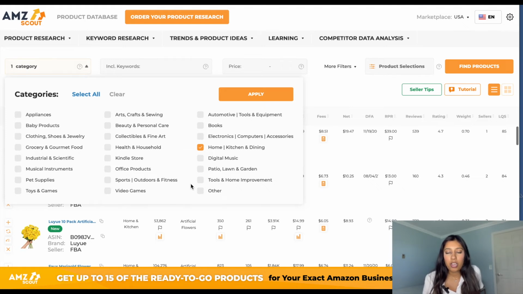I also love toys. Toys are always going to be evergreen, and sales tend to spike a lot during seasonal times. For example, during the holidays, toys will definitely rack up in sales during that time because they are giftable. So any giftable category is also a category that I highly recommend. Toys and games, home and kitchen, and also my favorite category as well,